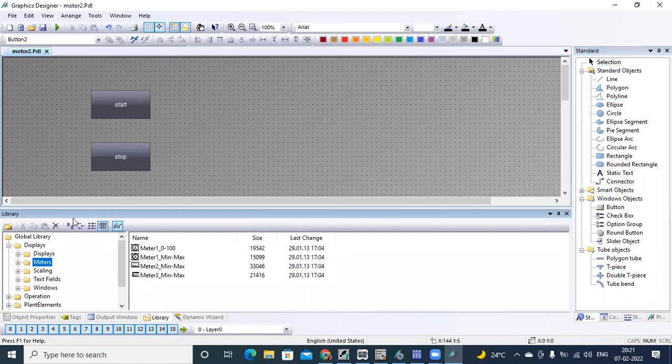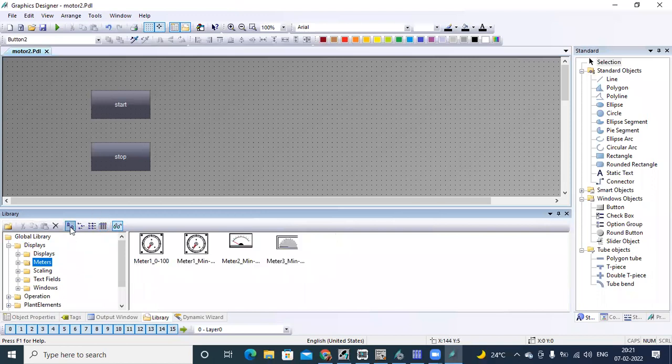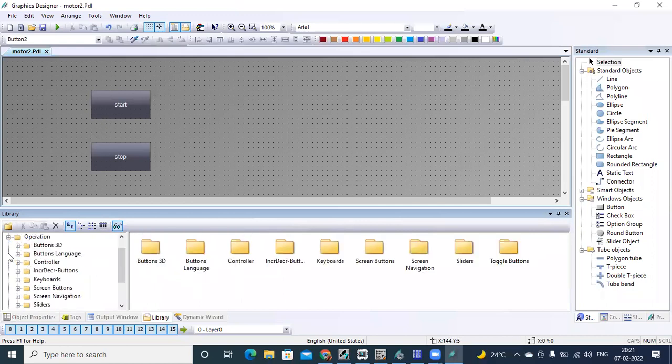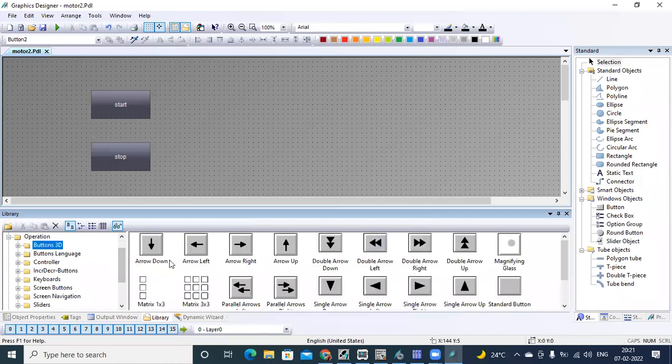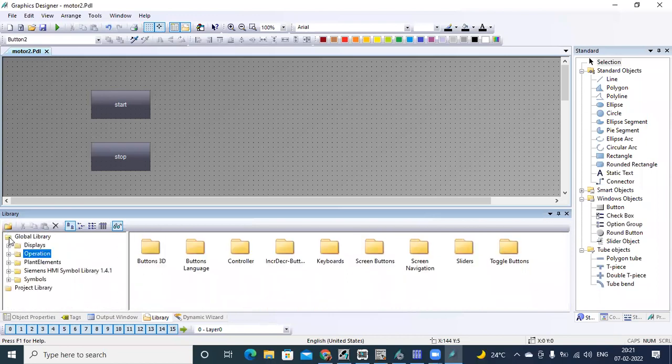You can see, or you can make it giant icons. Similarly, we have buttons, 3D buttons. Different symbols are available here. Now we need to display the output.